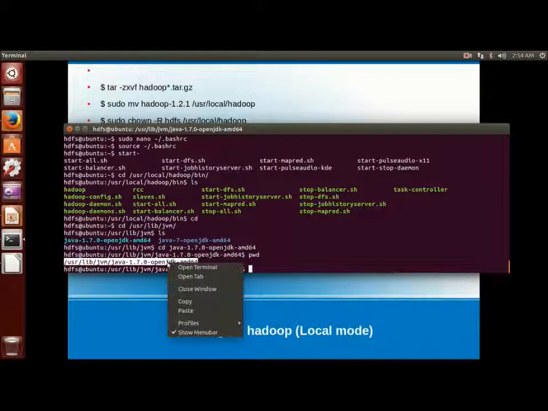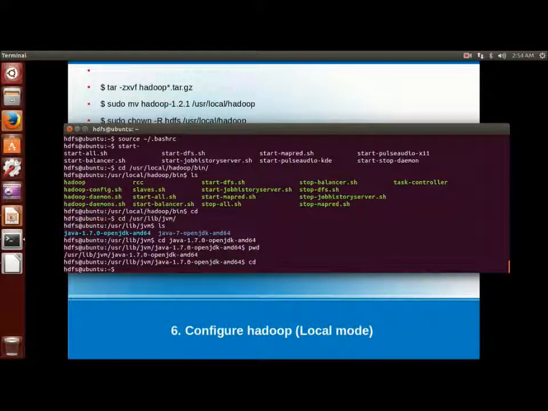Okay, and Hadoop as of now does not support the IPv6 format, so setting preferIPv4Stack to true is required to not use the IPv6 format.